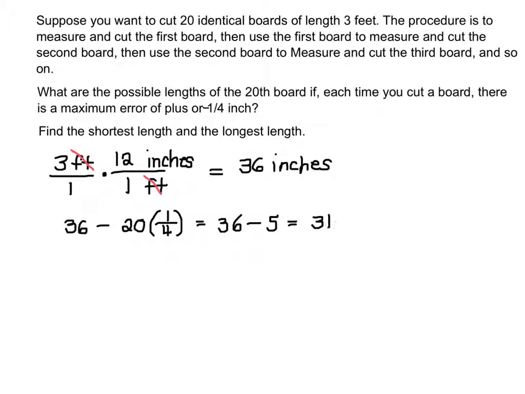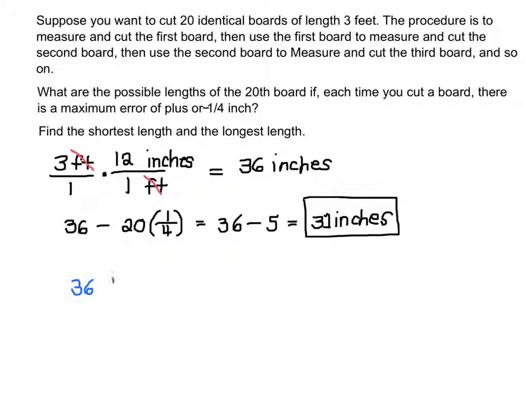So the shortest possible board would be 31 inches, and that would be the case if every single time you cut a board you lost 1/4 of an inch. Now let's look at the longest length, and the longest length would occur if each time you cut a